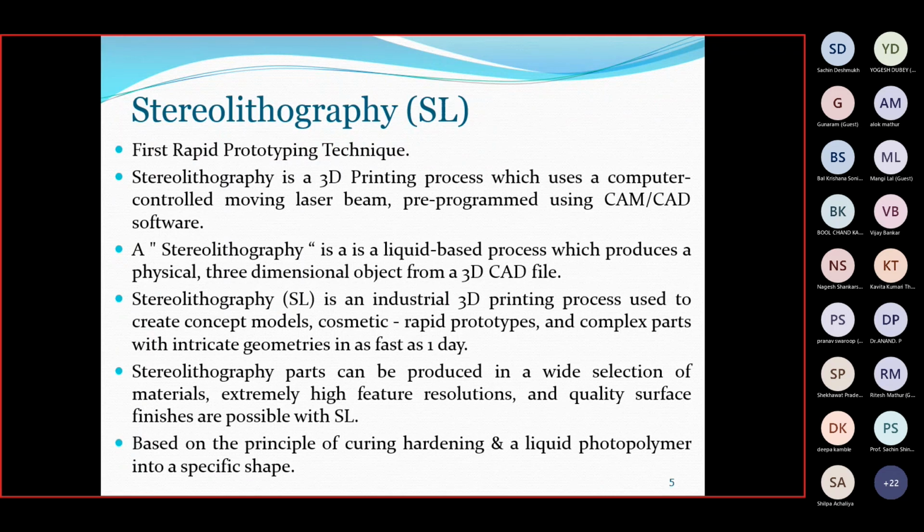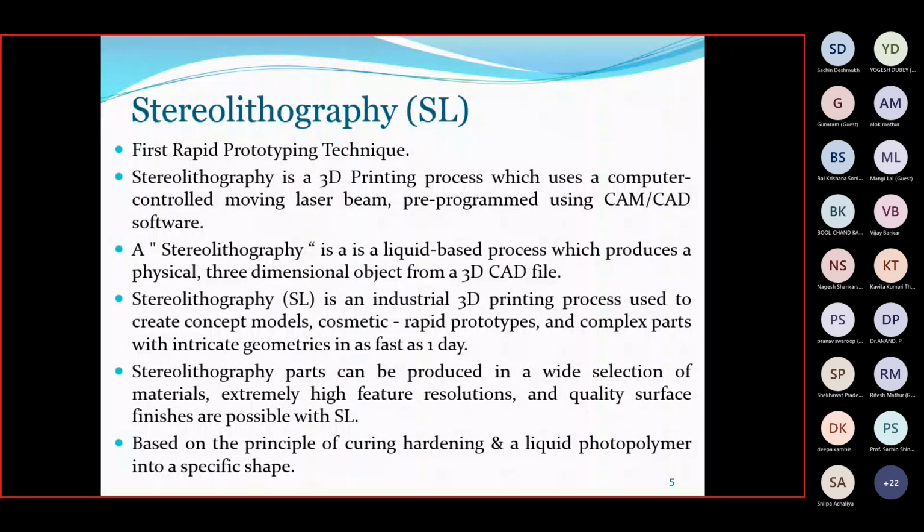Laser beams will hit that liquid, and it will give us one 3D modeled object. That is stereolithography. It is used very much in industry, and rapid prototypes are generated in this.